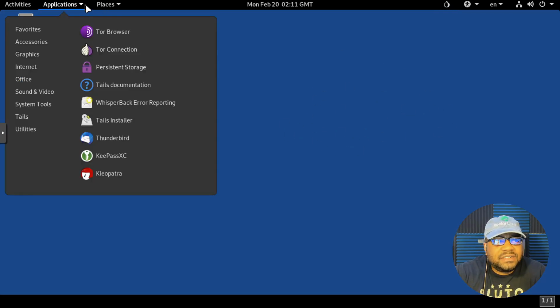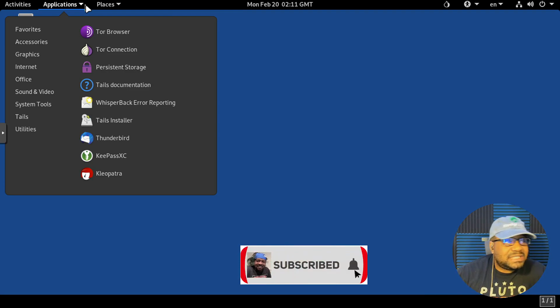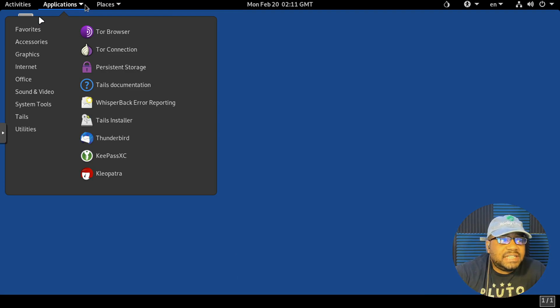Now let's just break down a few of the applications that are installed on here. Like I said, it has pretty much everything you need to use for an operating system, and is set to where it's as anonymous as possible. So just to show you the things under favorites: you got your Tor browser, Tor connections, you can check that out. Persistent storage, like I said, you can set up after the fact.